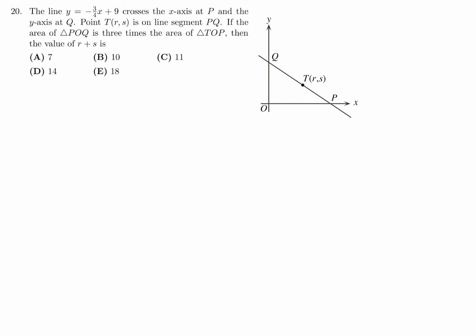The line y is equal to negative 3/4 x plus 9 crosses the x-axis at point P and the y-axis at point Q. The point T (R, S) is on the line segment PQ. If the area of triangle POQ is 3 times the area of triangle TOP, then the value of R plus S is... All right. So the first thing, of course, is we need to figure out P and Q,